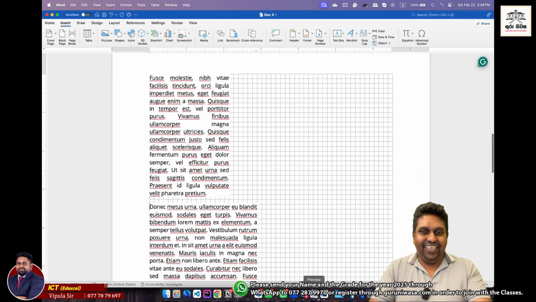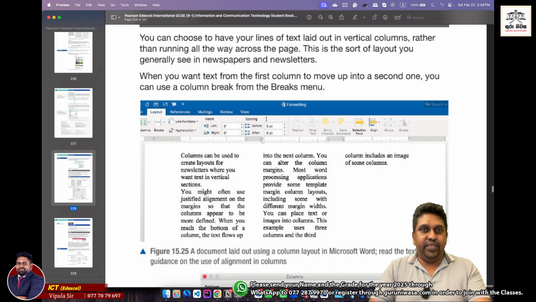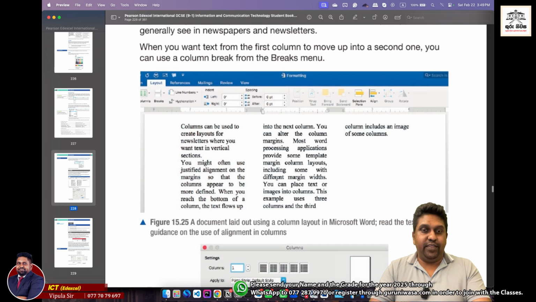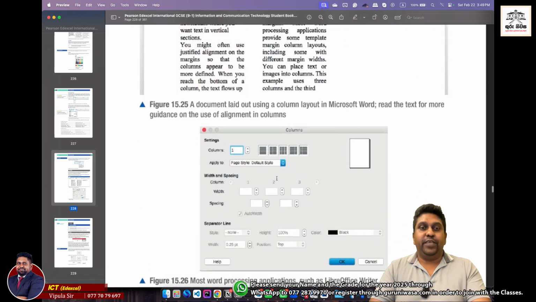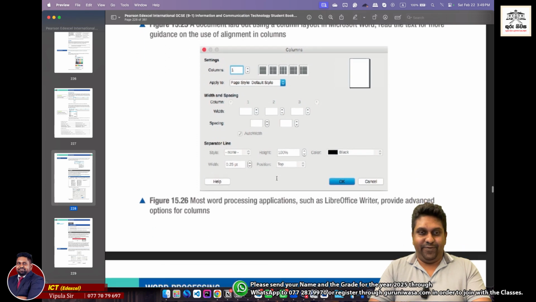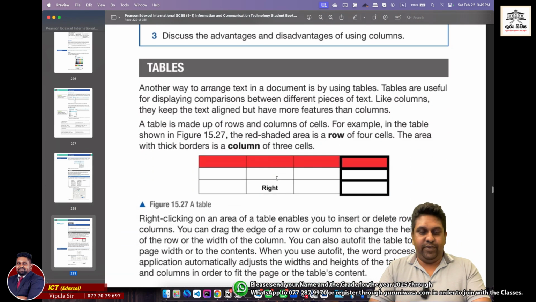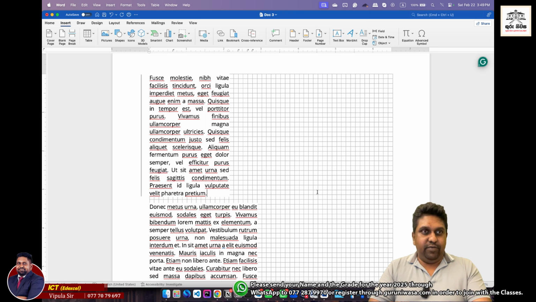Okay, so the reason we do this is, if it is a newspaper layout or some sort of a specific layout, then we actually need to have these columns active. Otherwise it's not going to display this in a proper way. Okay, so you have to try this out and see how it works. So that is about the columns, and